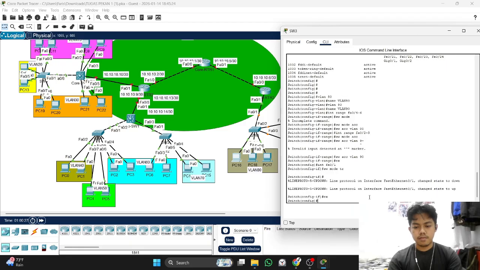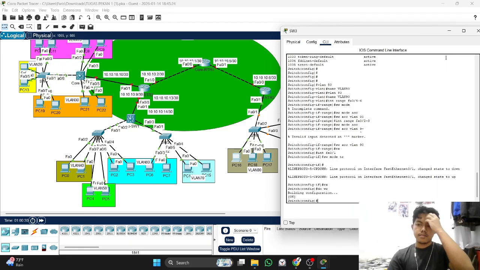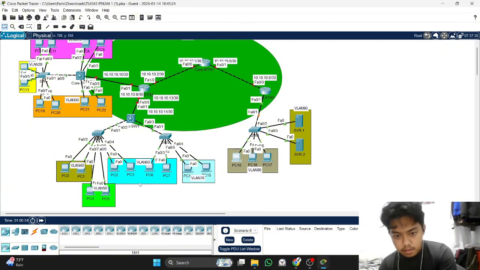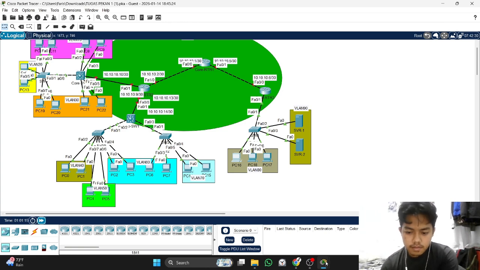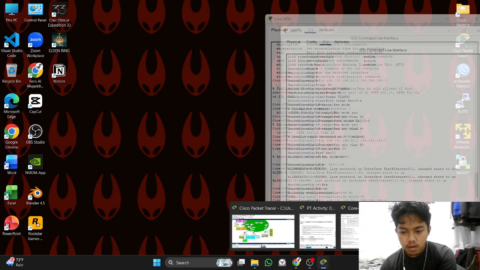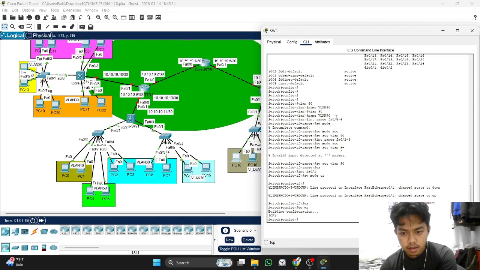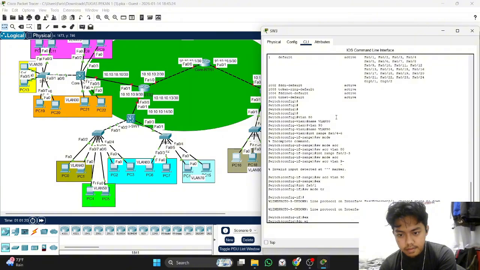Okay, check. And now we will create the DHCP pool on the core router 3.